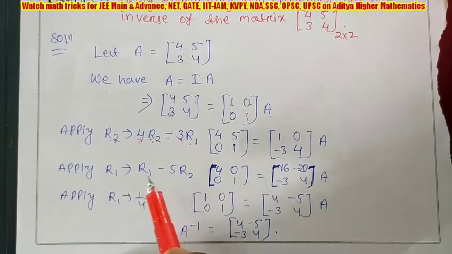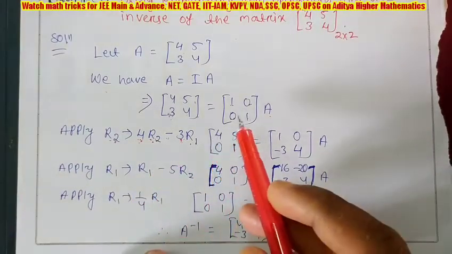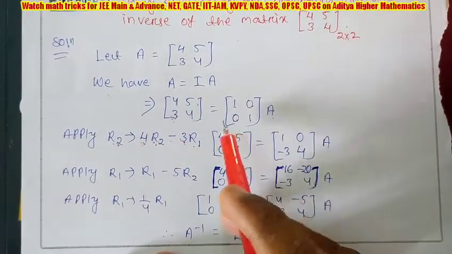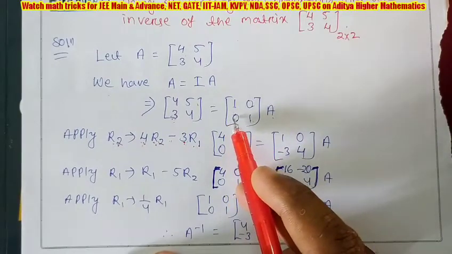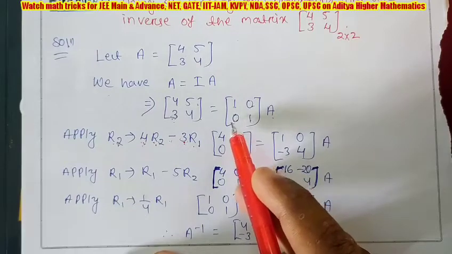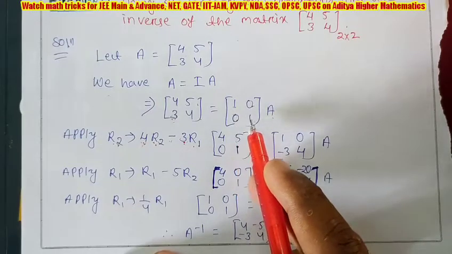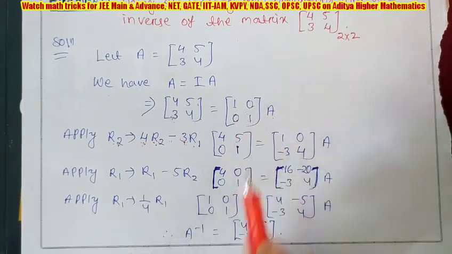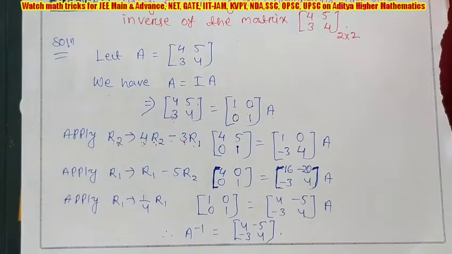So first observe in which place the elements are 0. If we start from column 1, you can see I am starting from the beginning. In R2, 1 0 is given, and in the second case R1 is given. So first we have to change R2, and I also told you the rules for elementary row operations.